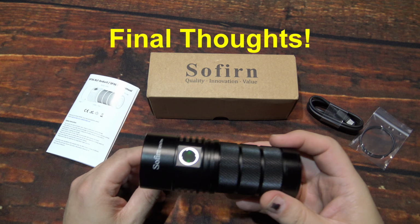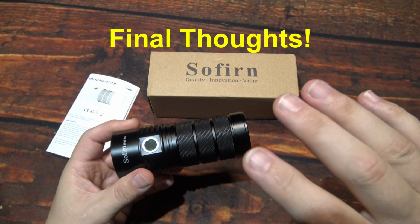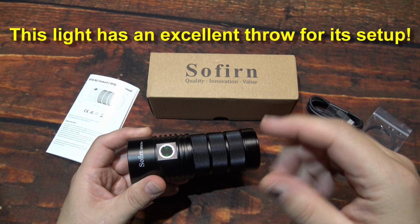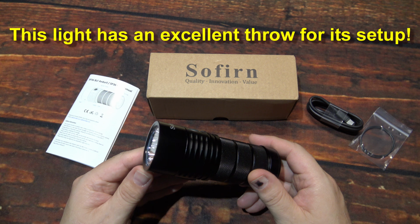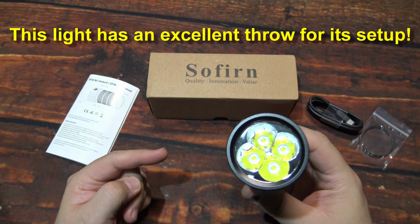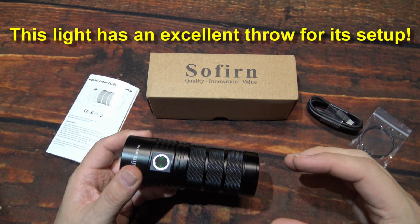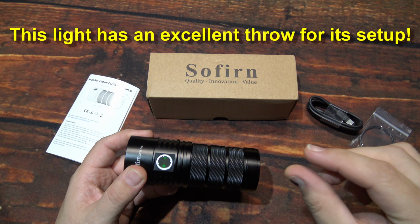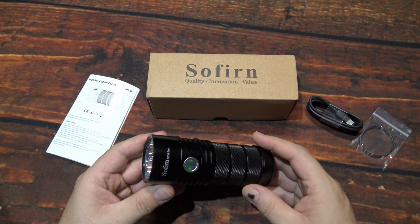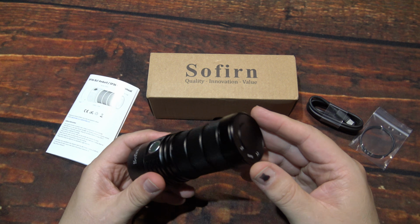Okay, welcome back. Hope you enjoyed those night shots. Very nice performance. Very nice floody beam, but that hot spot is definitely something that stands out in this particular beam, especially since it is a multi-LED beam. These Luminus SST40s I think are a little bit better because they are a single LED platform, that they actually shoot the light out a little bit differently than a quad LED that some of the other models have